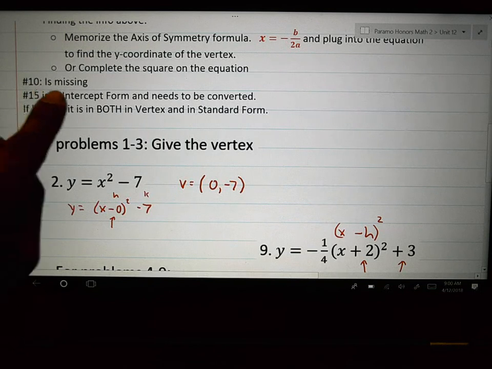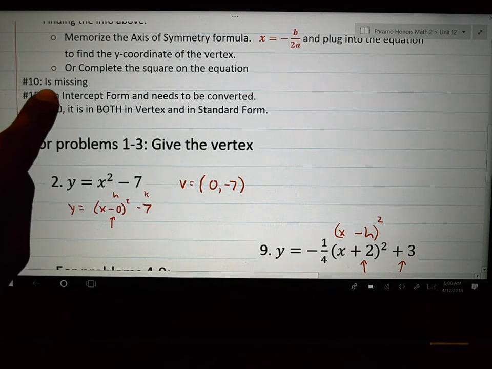Where did it go? I don't know. I know some of you will point that out to me. Mr. Prom, where's number 10? I don't know. It's missing in action. If you find it, let me know. Then we'll do the problem. But since it's not there,